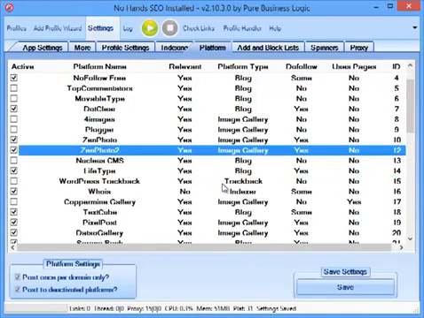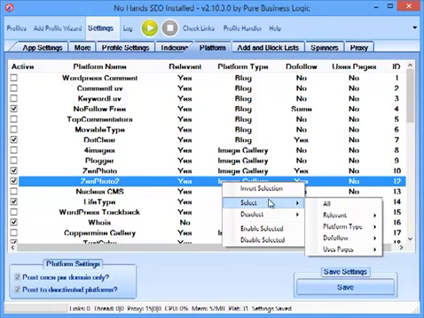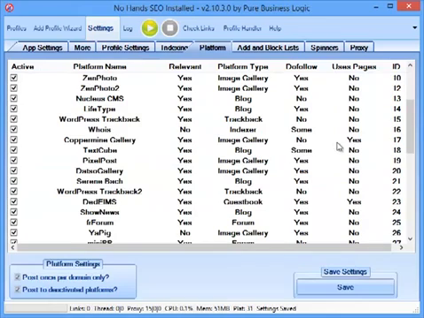Now what that means is that you are only going to get backlinks from platforms where there is at least a good chance of getting a do follow link. Now with that setting, you'll get somewhere in the region of 60 to 80% do follow links, which is definitely in the high range. That's not necessarily a bad thing, but personally I prefer to get as many links as possible, so I'd be more inclined to have all of them checked,